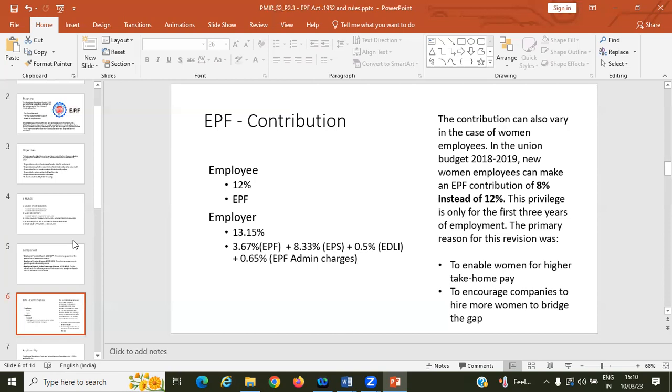Another thing is you are getting 100% tax benefit. This money is not taxable. Suppose you are having a big amount in PF, so that is not taxable. You can claim everything. So that is the reason it is called as secured amount, and the interest rate compared to any other bank rate, it is higher. So it is giving lot of benefits compared to any other saving account.